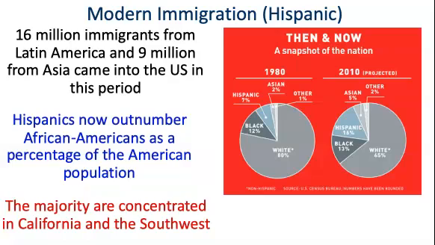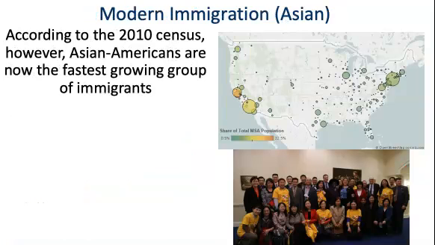Now, for Asian immigrants to the United States, according to the 2010 census, they are now the fastest growing group of immigrants to the United States. Many of them are coming to coastal cities. We can see places in the map that's there. You can see where most of their immigration is going to, places on the West Coast to southern Central California, to the Northeast. But you can also see a sizable population going to large cities in Texas, to Atlanta, Chicago, even Detroit, are also seeing large groups of Asian immigrants that are coming to the United States.